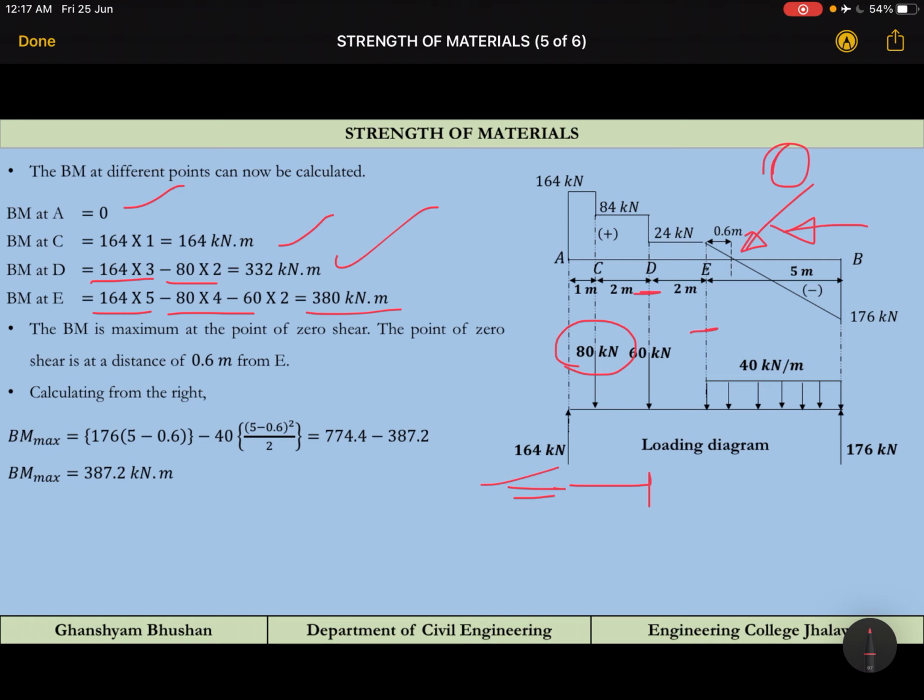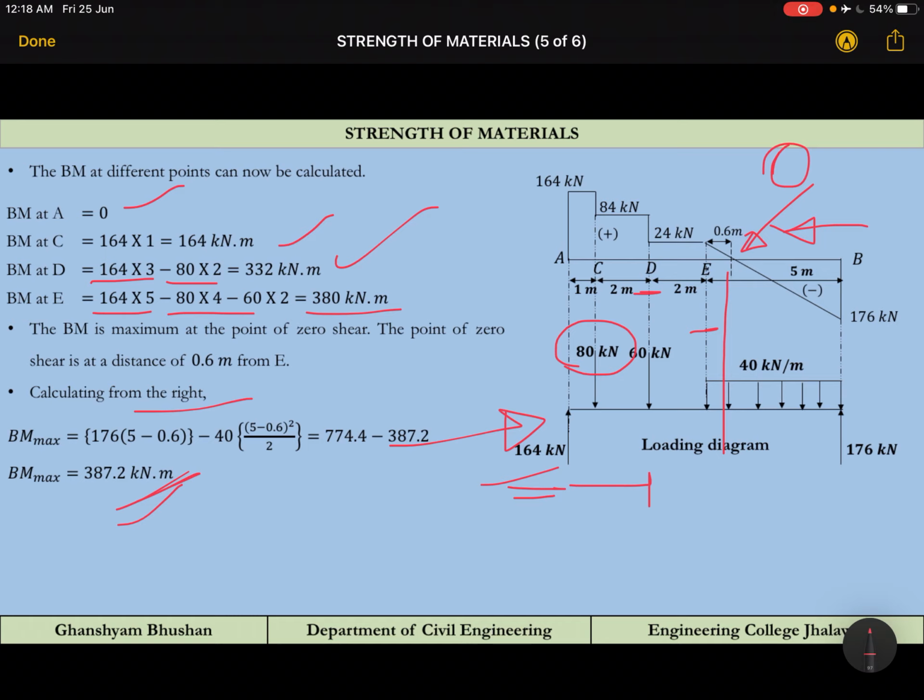I will tell you to calculate the bending moment at this point from the left and check whether you are getting the same value or not. For clarity of your concept, you can calculate the same values from the right hand side and see what values come. They should come equal. If they are not equal, then you have to raise some doubts. Then only you will get the clear picture. From left hand side and right hand side, due to equilibrium, it comes equal. So for clearing concepts you can do this kind of exercise. I am doing from the right. It should come the same, but still, for curiosity, you can check.